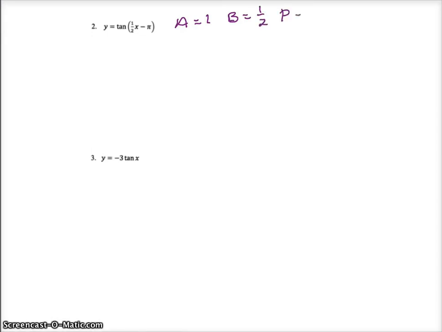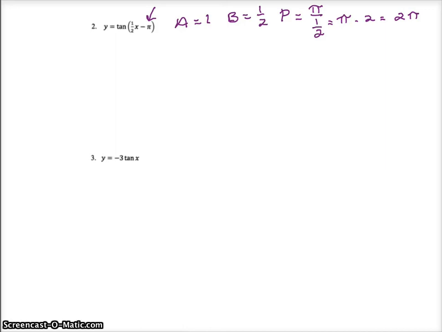We know that the period for tangent is pi radians, so pi divided by 1/2. We keep the numerator, we switch division to multiplication and flip it. We are stretching our period to 2 pi radians. I also see that I have a value for C, so I do have a horizontal shift or a phase shift. So in order to figure out where the new asymptotes will lie, we will go back to the parent